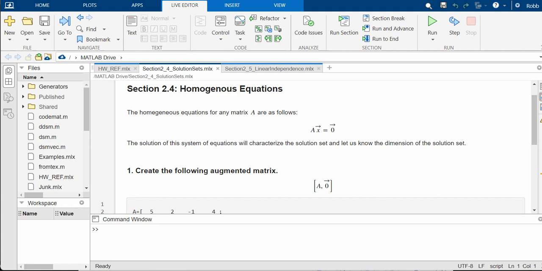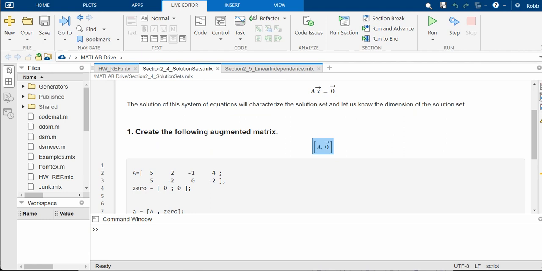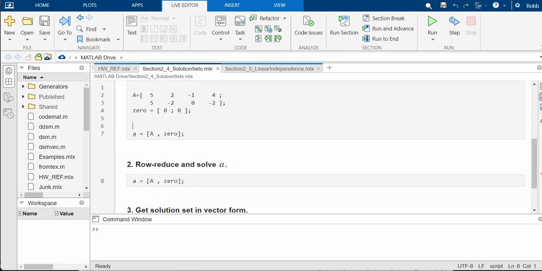So I've switched over here to MATLAB, and what we're trying to do is solve these, the homogeneous equations. So we're going to create the augmented matrix A, comma 0 vector. This is going to get the matrix A in here. And notice I did copy these out of the notes. And the 0 vector I'm calling 0 is just two zeros. And when I do A equals A, comma 0, you can see,